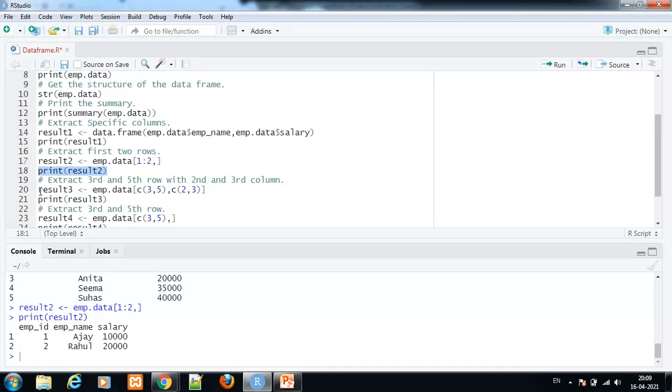Here we have taken the result3 variable: emp.data in square brackets c(3, 5). Before the comma is the row parameter, 3 comma 5, that is the third and fifth rows. Comma, c(2, 3) is the second and third columns. Here we can see that before the comma is used to extract the rows, and after the comma is used to extract the columns.